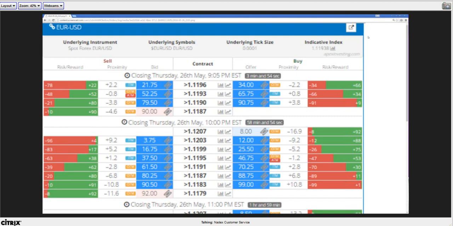We have a little calculator that will do this for you, but I want you to be able to just look at it without any tools. Looking at 65.75, if the market moved up 3 strikes, then this one that's 3 strikes lower would actually be up here, and it'd be 79.50. So the market would move about $15 in value. If the market moved the opposite direction, down 3, then this would go from 65.75 down to 21.75. Now that's a contract with only 3 minutes,